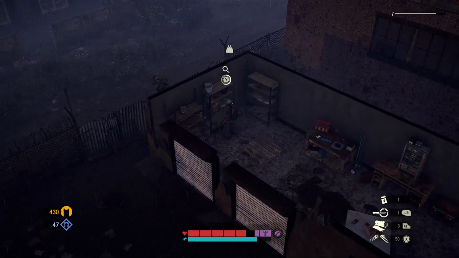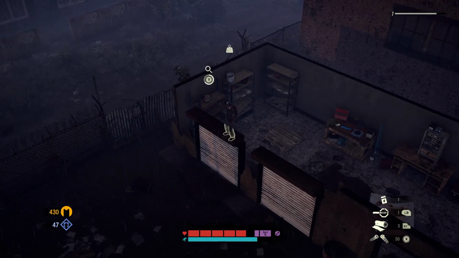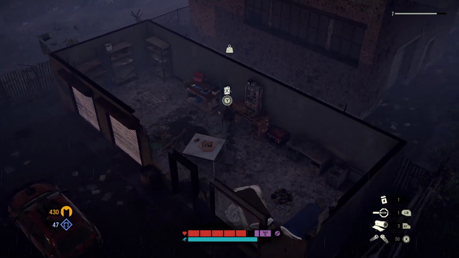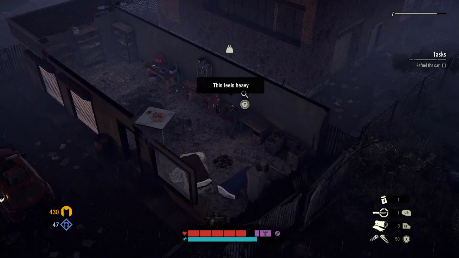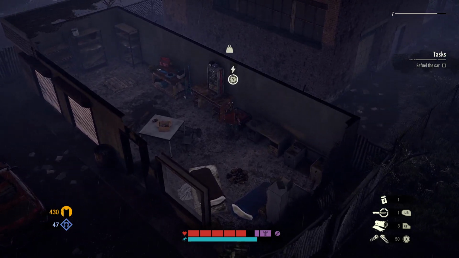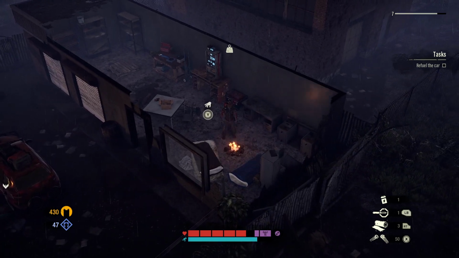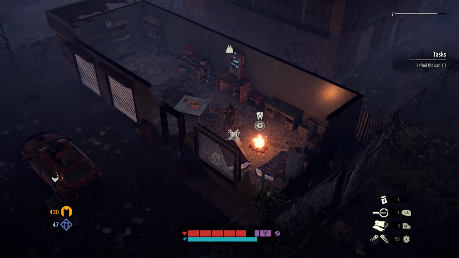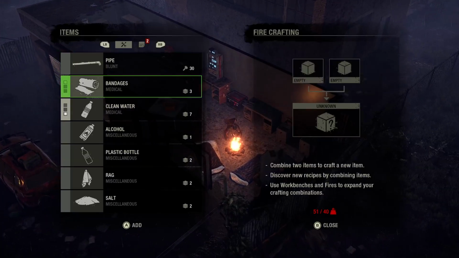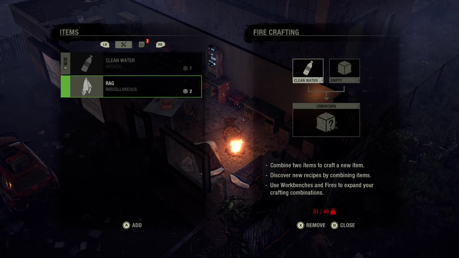Pipe, alcohol, pocket knife, pocket knife. Now we find all the stuff. It's all right though. I'm glad I tinkered a bit there. So safe houses have a radio. Very nice. And we can cook here. Not that we can really do anything with that, but...